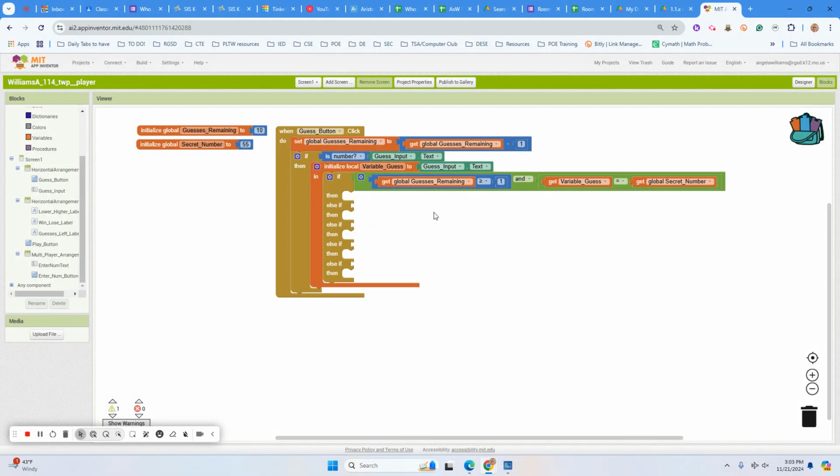Okay, so we're going to pick up where we left off. What we're coding now is, if they start the guessing game, and that's the variable guessing name, and they need to get the secret number, then what do they need to do? And we found they have guesses remaining. Then we need to make sure that the win-lose label is set, the lower-higher label is set, and the multiplayer arrangement is set. So we come over here